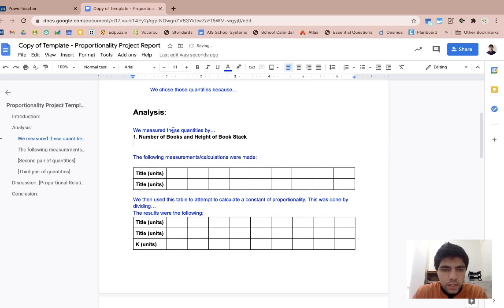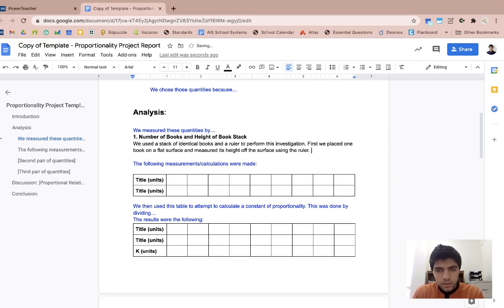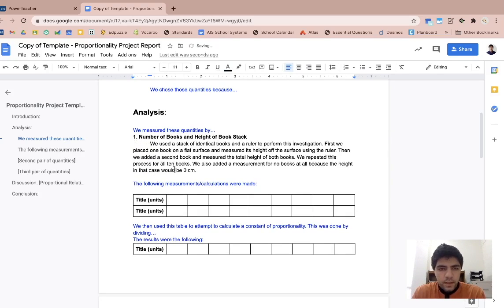And then it says here, we measured these quantities by. So I'm going to explain what I did. I said the following. I said we used a stack of identical books and a ruler to perform this investigation. So I'm listing my materials here. First, we placed one book flat on a flat surface and measured its height off the surface using the ruler. Then we added a second book to the stack on top of the first, and measured